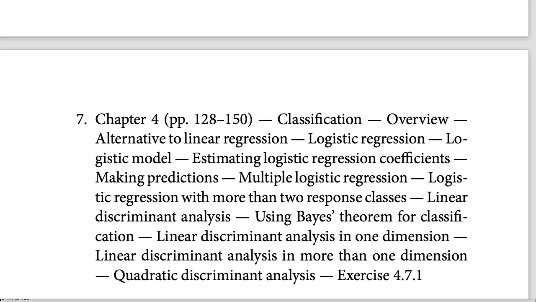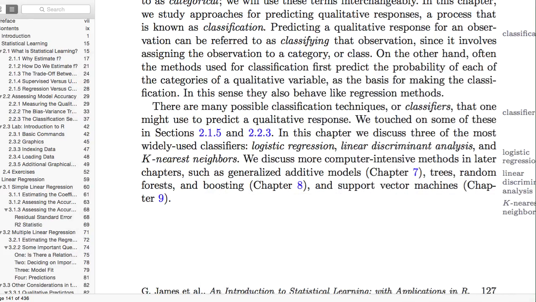So we're going to talk primarily about 3 different techniques for classification: logistic regression, linear discriminant analysis, and quadratic discriminant analysis. And then we're going to compare those 3 methods along with k-nearest neighbors, which we learned in chapter 2. Let's see, where did we learn that? Section 2.2.3, the classification setting, is where we encountered that. So we're going to compare the 3 of those at the end of the chapter and then do a quick